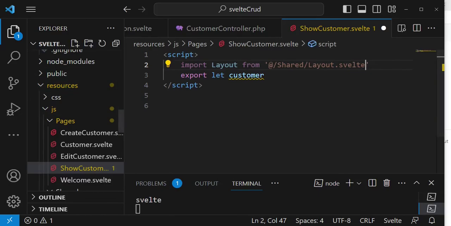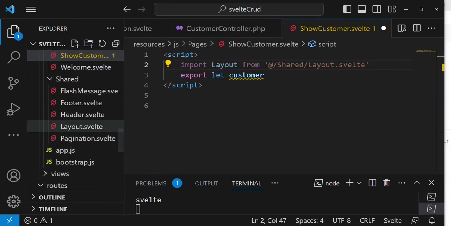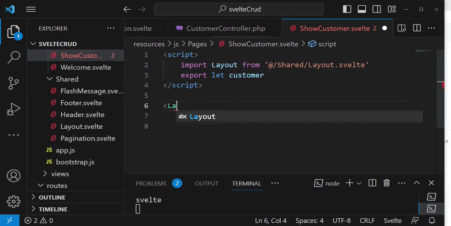And remember, this file that we're importing is this layout file. If you've been following, I know you are very comfortable, you know where it's coming from. And then here we are going to use our layout,